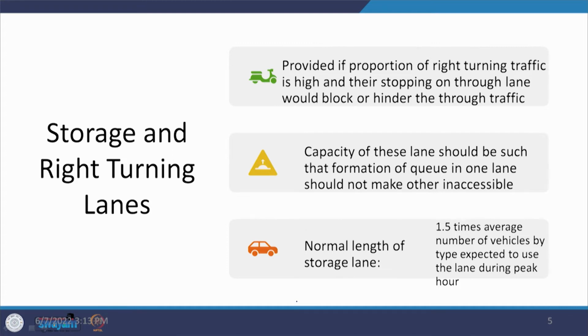Along with that we are also talking about the right turning lanes. Now, what happens is that when you are at an intersection, the traffic is going straight, but then there is traffic which is interested to take a right turn, and when this traffic takes a right turn, this is the trajectory which it is going to take. Now, if we ask this vehicle to stop here and we have these two lanes and there is a median at this point, then there is going to be a queue formation,